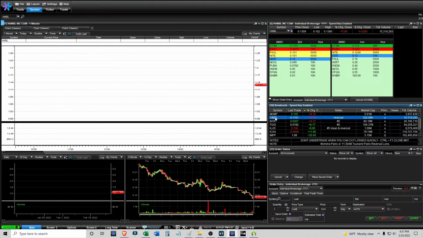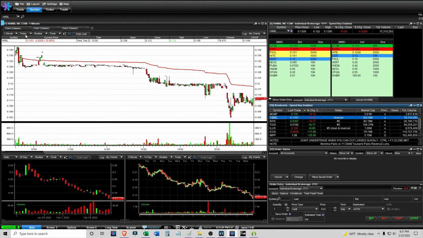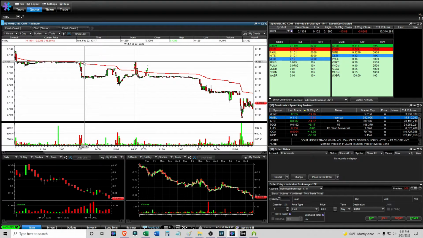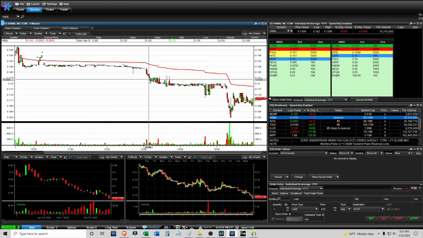And then I did try HMBL. The only reason why I consider this consolidation dip buy was because it worked the other day. As you can see, it had a sell-off the other day and it consolidated, and then it made a move from this 13 level to 13 and a half. It didn't get much further. It didn't break VWAP, but it did something very similar today, in that it broke under,